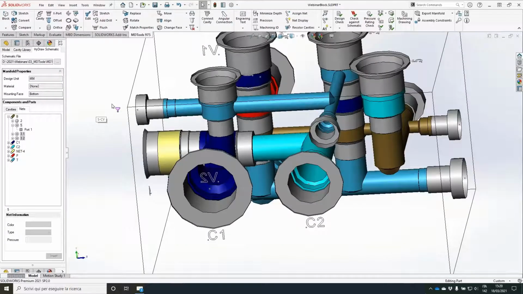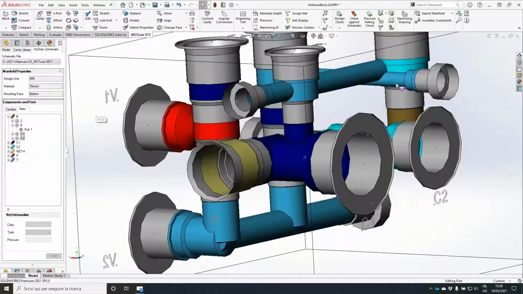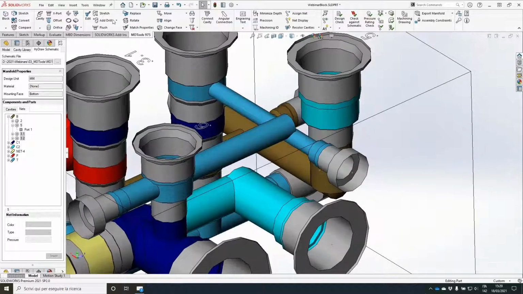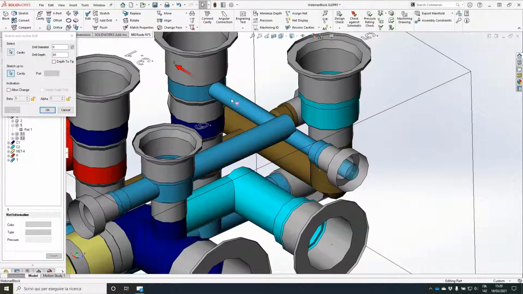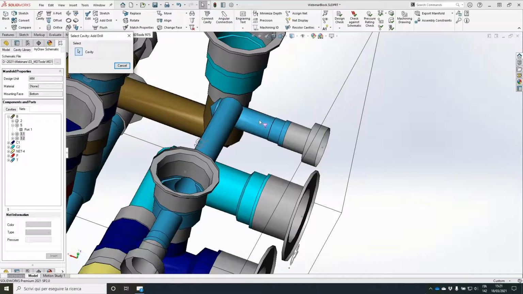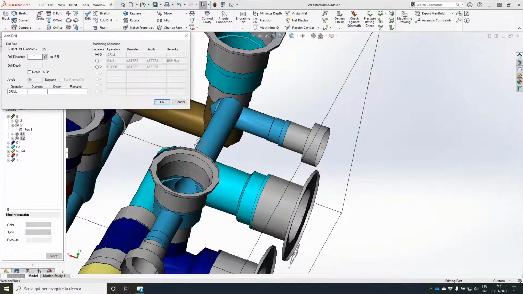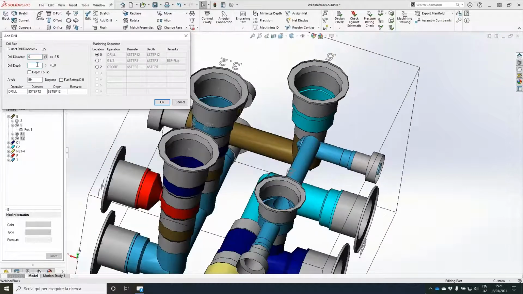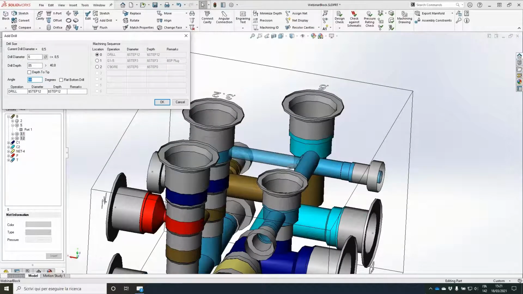This is not really a good connection. The difference in diameter is very large. So in this case, a technique could be to make this drill larger, let's say 8.5 millimeter up to 50, or maybe we just make it up to 40 millimeters, that's okay. And then we can add a drill to the same cavity. So we make different steps of diameter. We need a 6 millimeter diameter, and that will go up to 85, so that we make the connection in the same position. And when you do that,